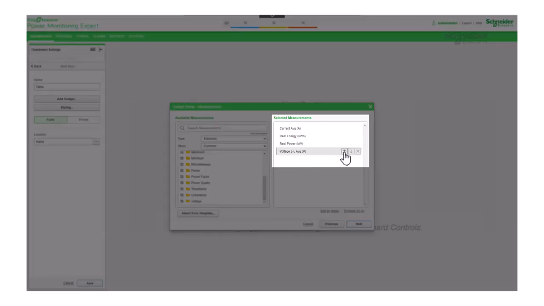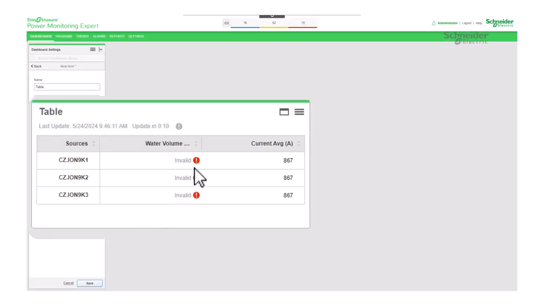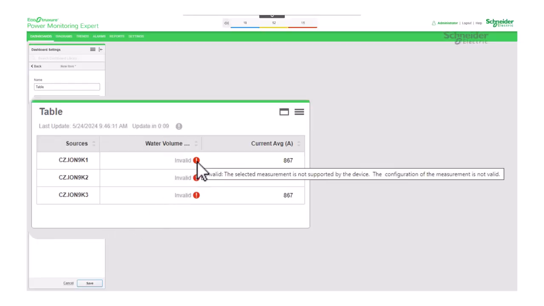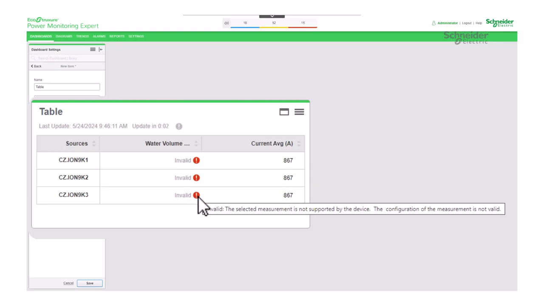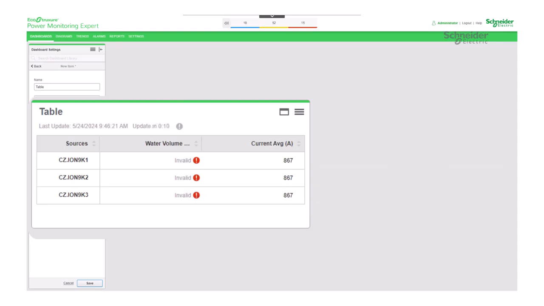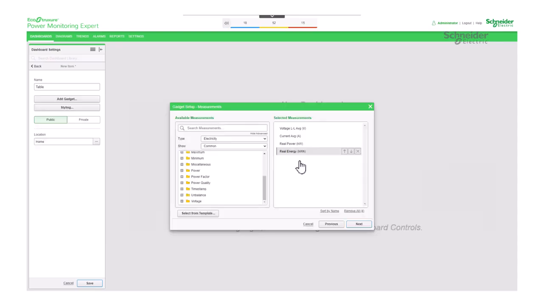Here, you can sort them using the arrows pointing up or down, or remove them from the selection by clicking on the X. It's important to note that you should only select measurements supported by your device. Selecting unsupported variables could result in no readings being displayed. Once you've made your selections, click Next to proceed.